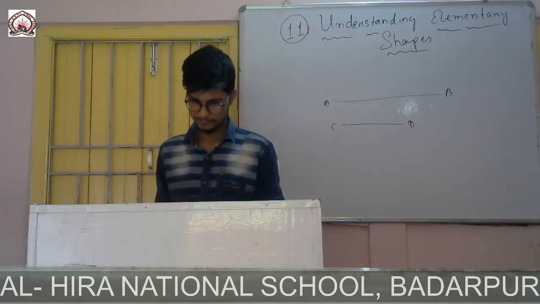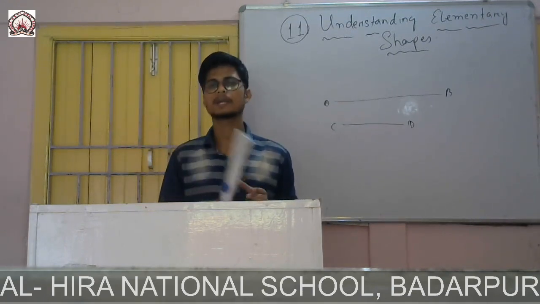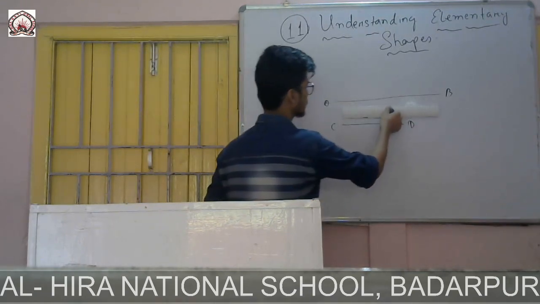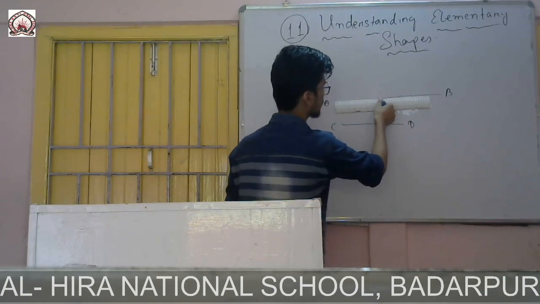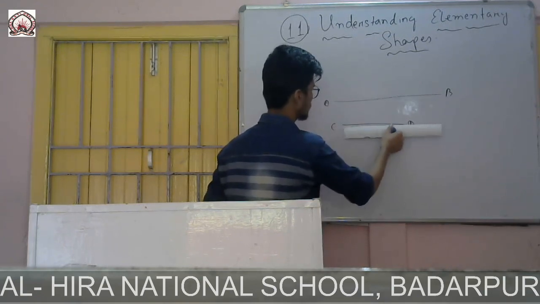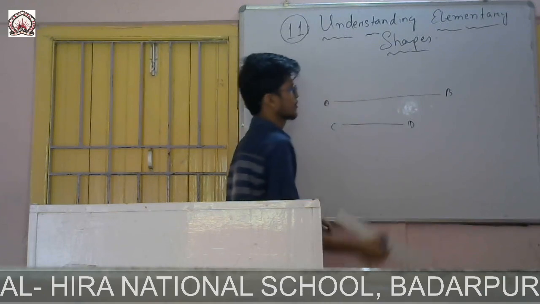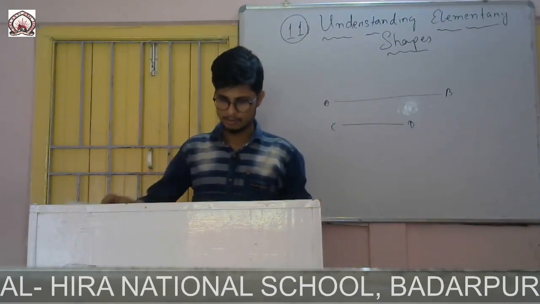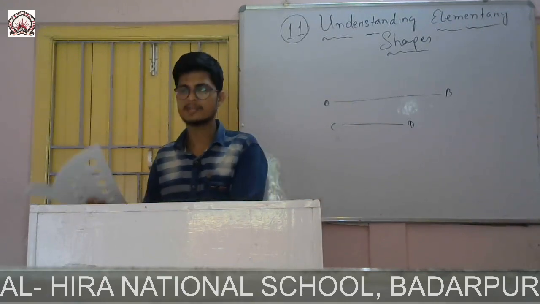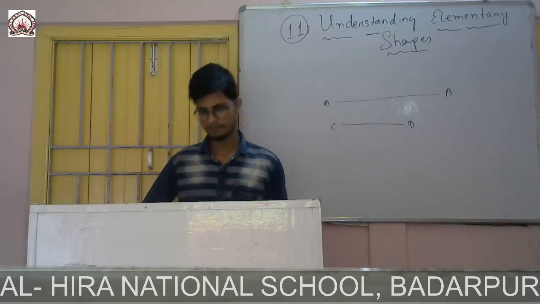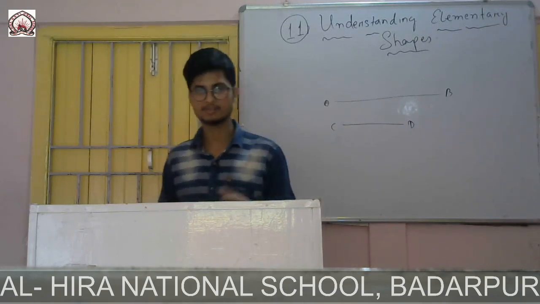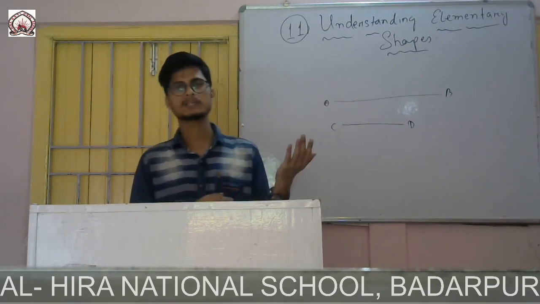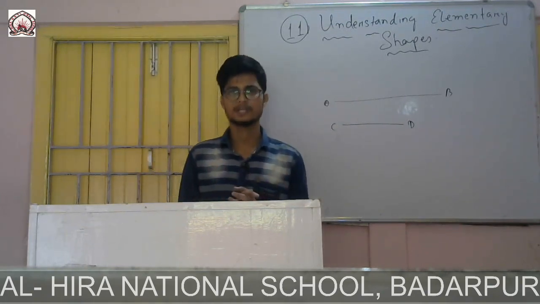And by using a ruler also we can understand which line is greater. By measuring also I can understand which one is greater. If I measure this one, it is more than 38, but this is 25. So this is more than 38 and that is 25. That means this one is greater. So to measure elementary shapes we can use many types of instruments from our geometry box, like ruler, compass, and by observation also we can understand. To measure angles we can use a protractor also.